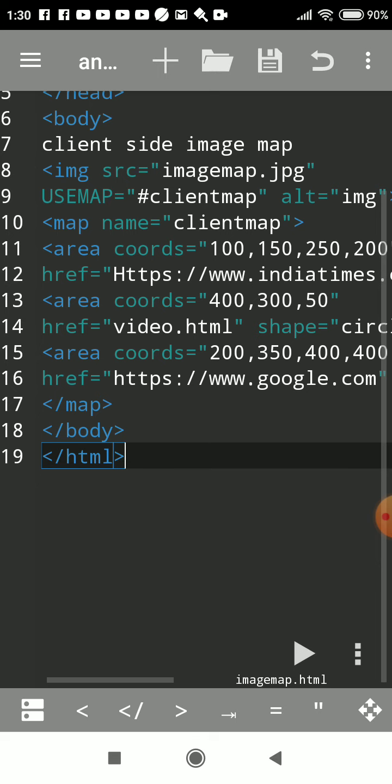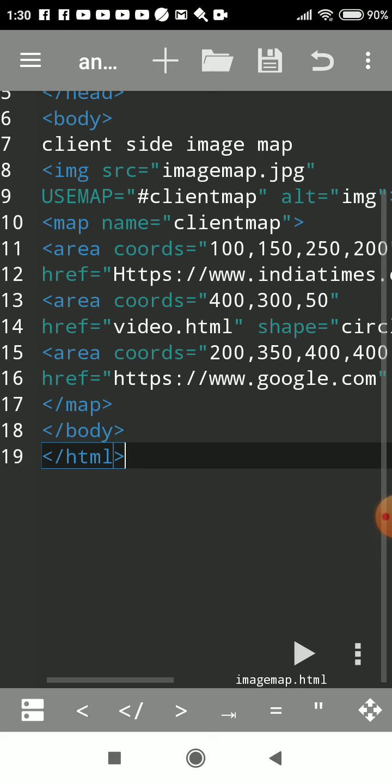I'll show you that in image form at the last, so watch till the end, so that you'll come to know how to note the coordinates and write them here. Like on a map of India, suppose we click on the Maharashtra area, and the page related to Maharashtra should open. That way one image can be hyperlinked to a number of websites or local pages.